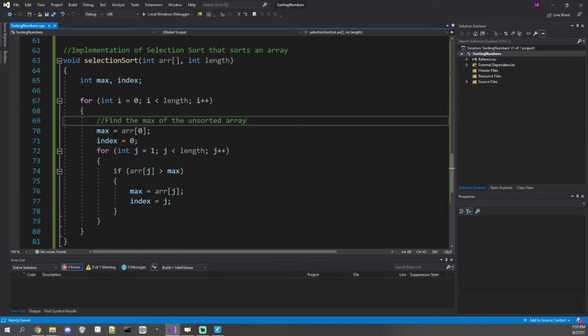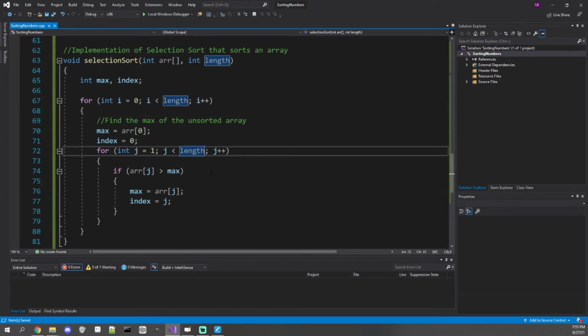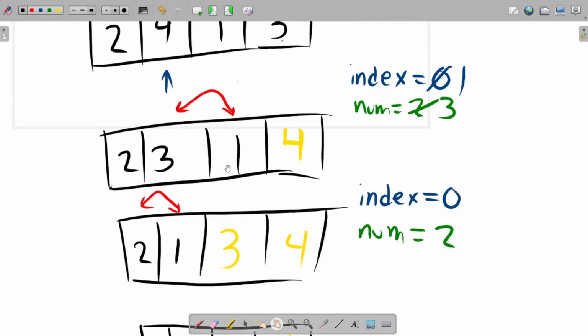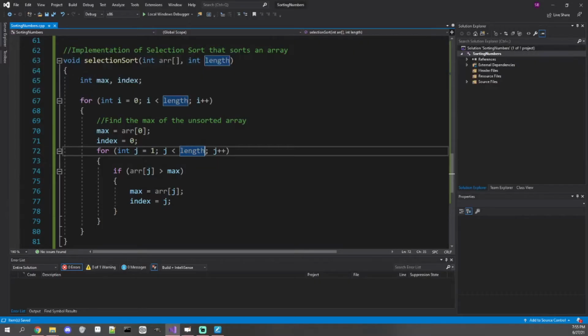Now there is something that I need to do, which is the fact that we said we don't want to overstep our boundaries, right? And with this example here, when I was looking for the max between 2, 3, and 1, I didn't want to overstep and look at 4 again, because that was already a max I've looked at. And so in order to do that, we know that the length is basically the end of our array. And if I've sorted a number of things, in this case, i represents how many things we've sorted because it's how many maxes we've found, then I can subtract i from the length,